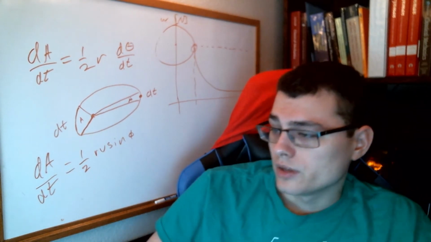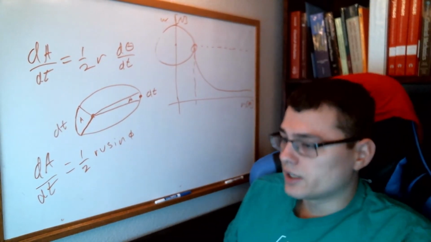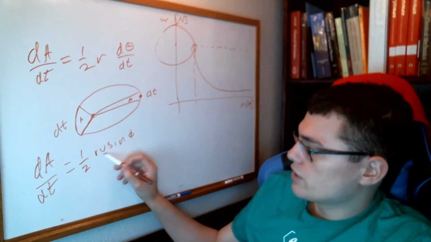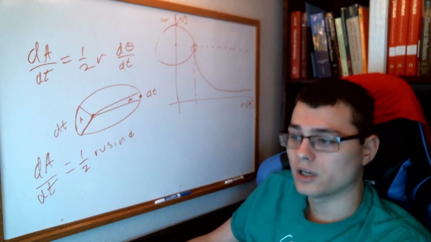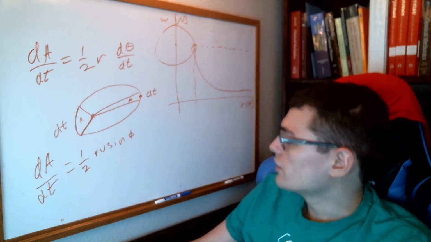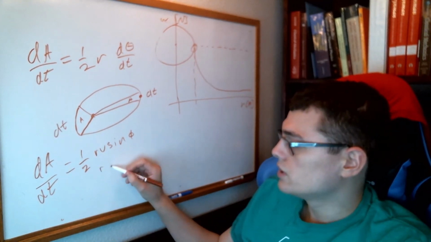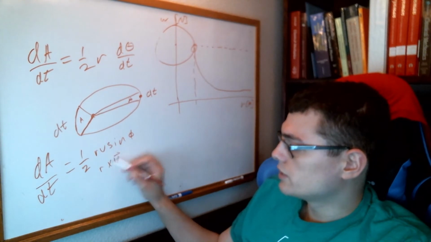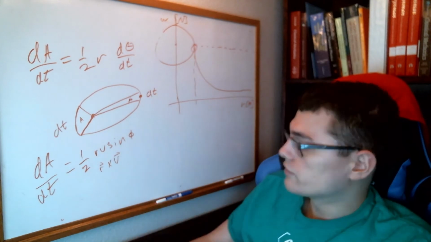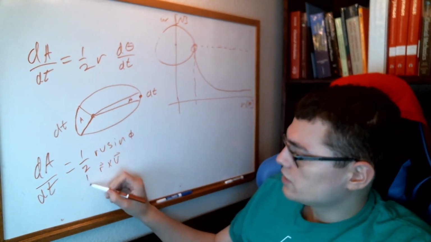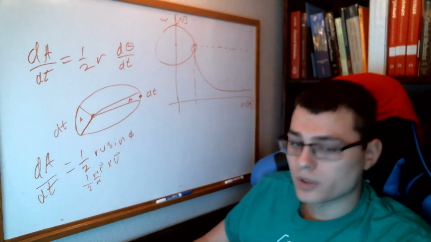One thing you can see pretty immediately is that we have r v sine phi, a quantity we have encountered in other chapters, which looks very similar to the cross product between r and v. Now, just humor me, let's multiply by m over m